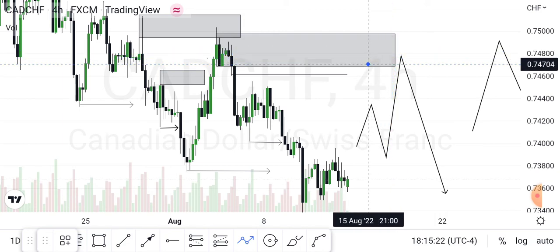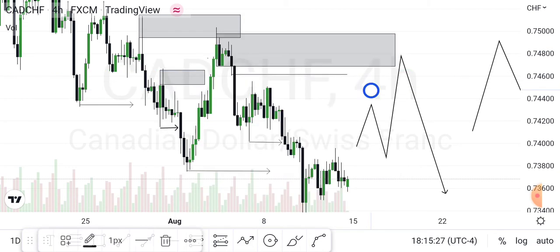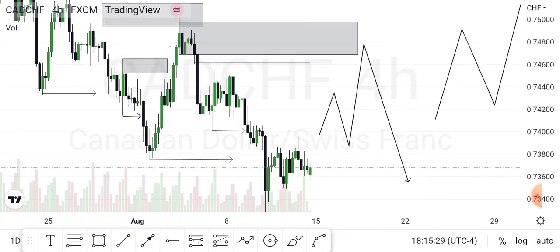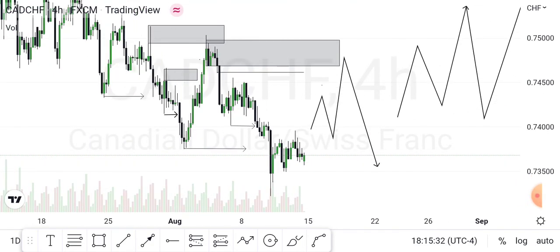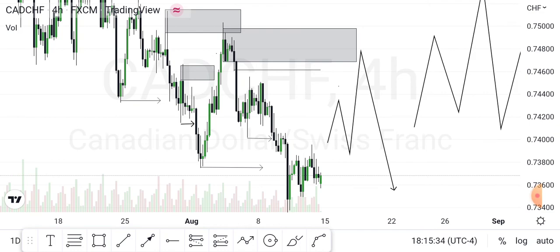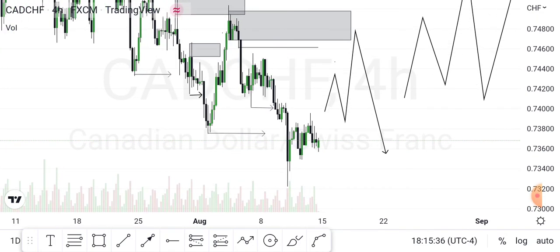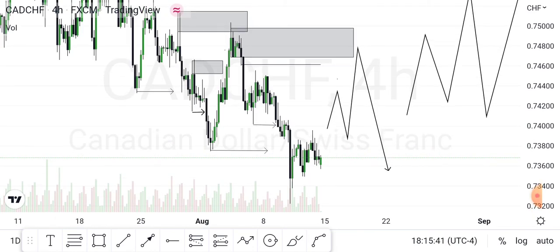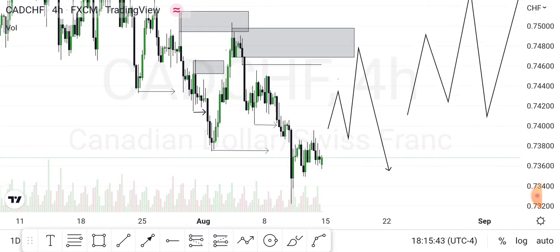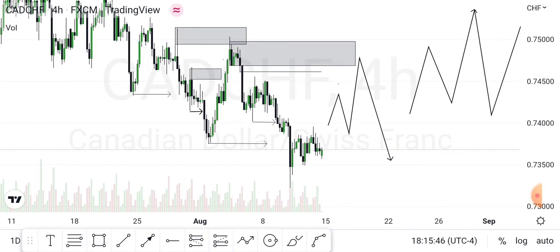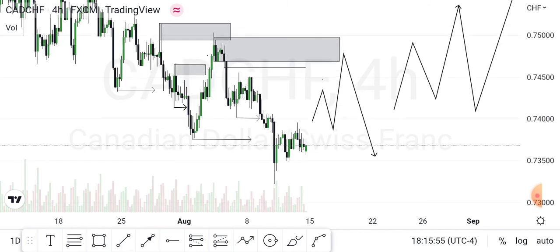So now, this is already a setup for this week, and I'll be monitoring card this week, and I'll be anticipating this movement here, guys. So now, this is the difference between liquidity and inducement, and this is how these guys keep manipulating us. So hope you understand this concept, and let's make sure we backtest this, and let's see how we can utilize it, and how we can be on the safer side, because like I said, these guys are always after our money.